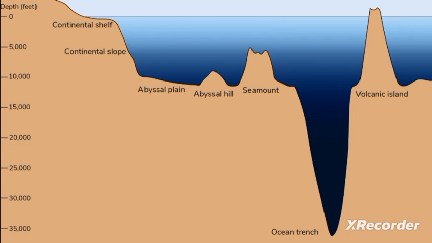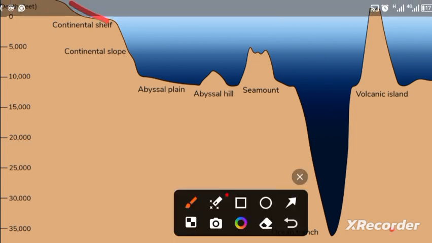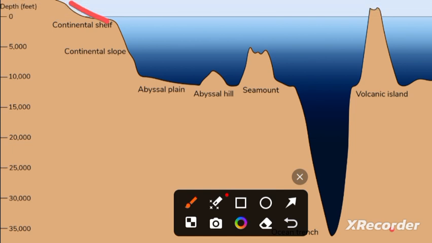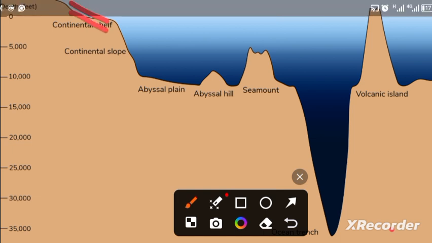So with this diagram, this area, if I can show you, this is the area exactly when you are going to a beach and you are observing that there is a light flow, right? We go to the shoreline, we stand, and the water comes and touches us, right? So what is that area? That's the continental shelf actually. So that is the area where you are observing the lighter slope.